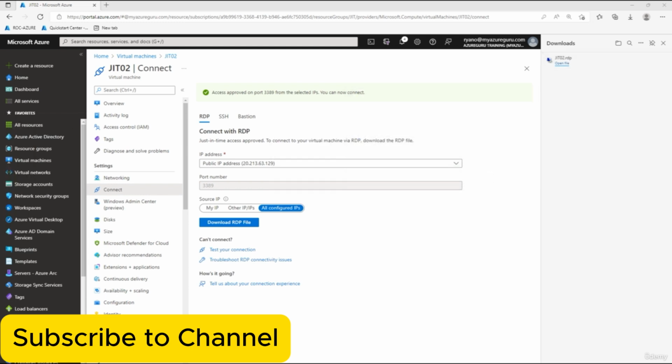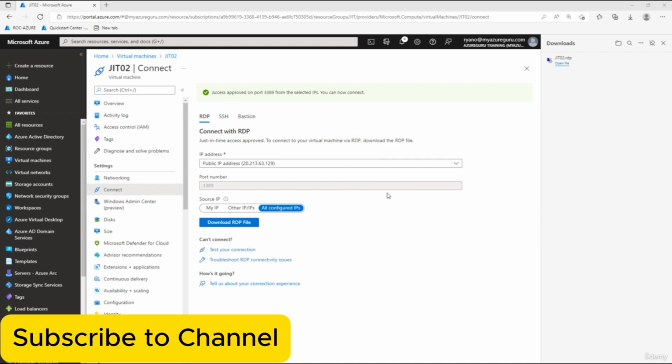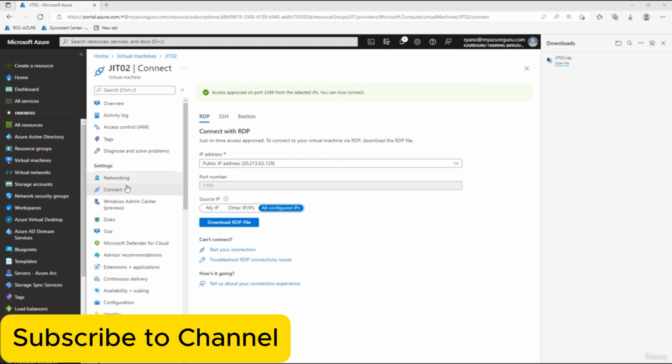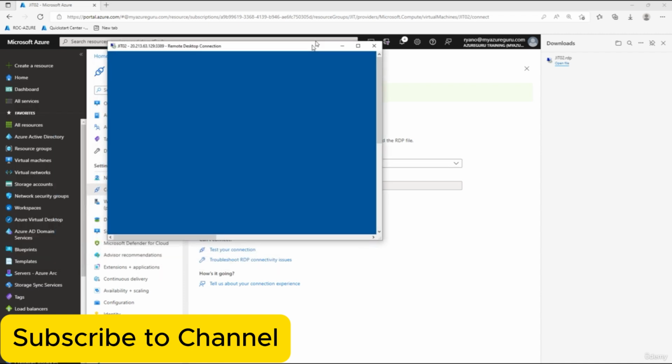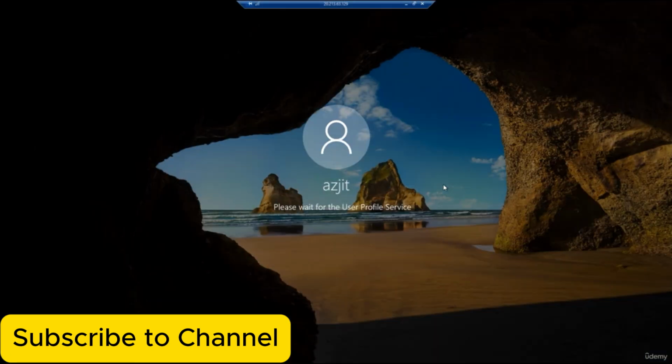Click connect. I'm going to type in my user, which was called AZJIT, I'm not too sure, we'll soon see. And then my password, type that in and click connect. And there we go, you can see now it's connecting to JIT02. Let's click yes, and this should initiate that connection. And I will drag it over because it's opened up on a second screen. And there we go. There's our AZJIT user actually logging in,